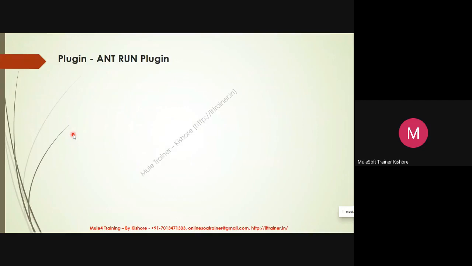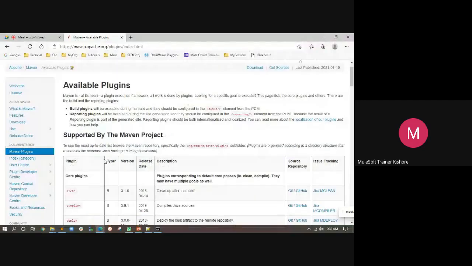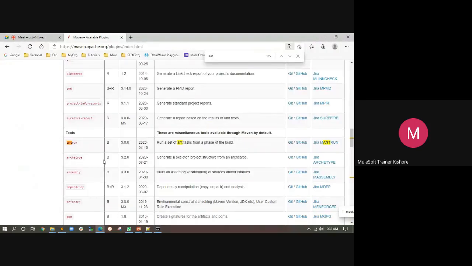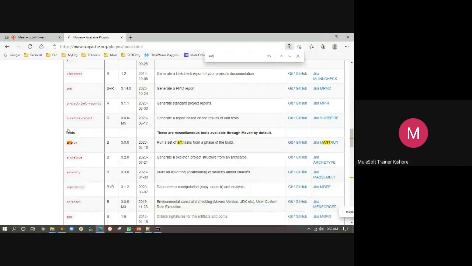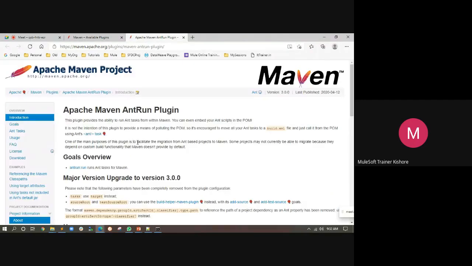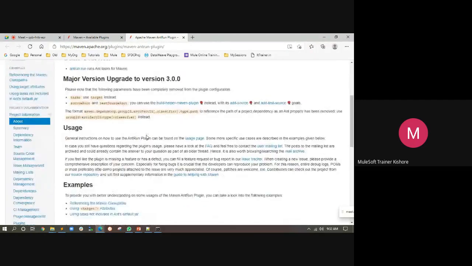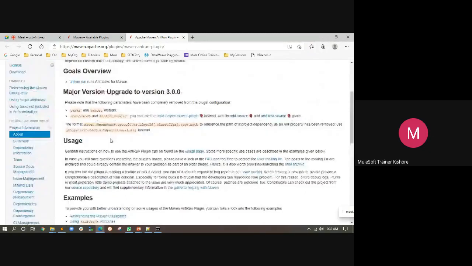We'll talk about one simple plugin called the Antrun plugin. Open this plugin, and just read about it and its usage.